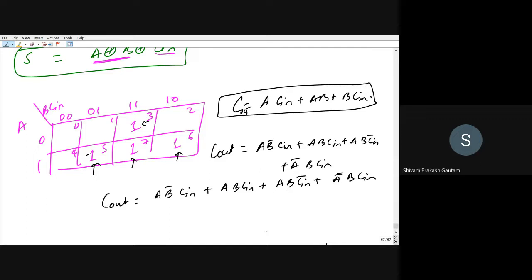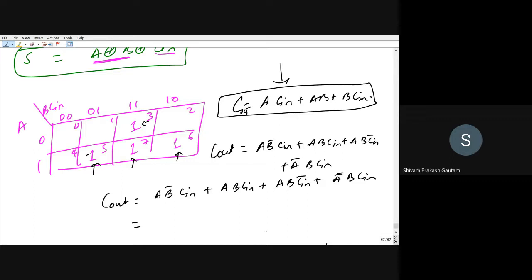I have written all the minterms without reducing it. Why am I following this? This will be the reduced expression, right? Because we have to implement it. Finally, we have to implement it using NAND gate. So for that, I am doing the calculations. You will appreciate it when we draw the NAND gate, right?